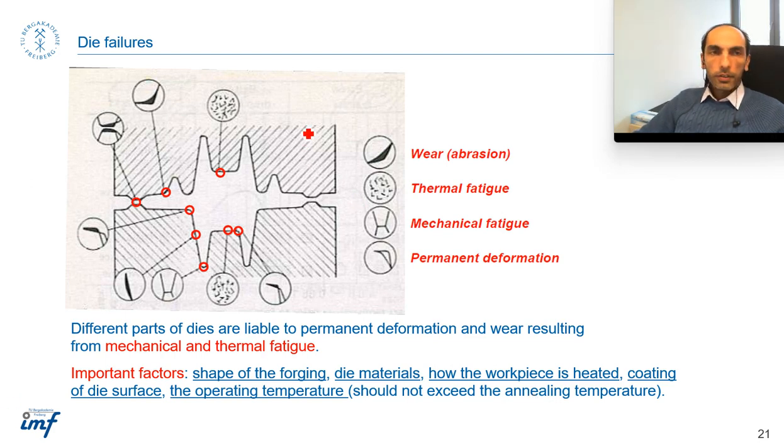We have different kinds of die failure. You can see in this figure die wear or abrasion. This is the symbol for this type of failure: thermal fatigue, mechanical fatigue, and permanent deformation. So using this symbol, you can understand which type of failure may happen at which area of the die. For example, here, because the material is escaping out under the high pressure, of course you will have the